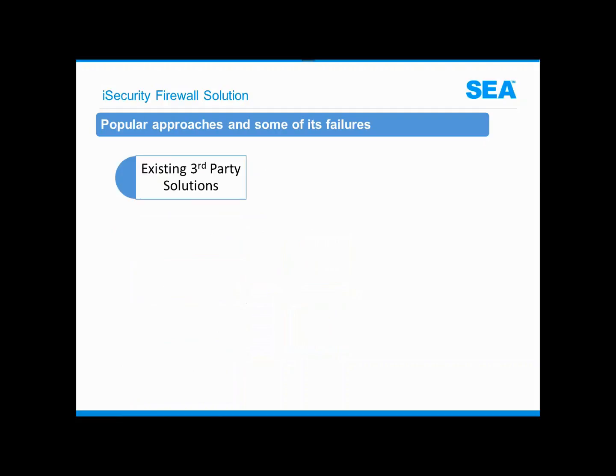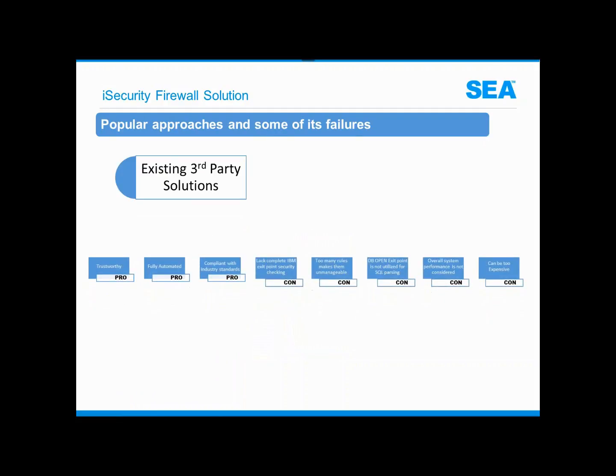When it comes to third-party solutions, however, we can find that a lot of them are more trustworthy, they're fully automated, and they're compliant with industry standards. But they can be lacking in other areas. As we can see